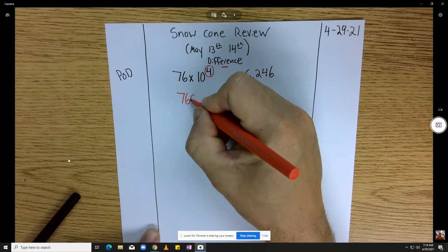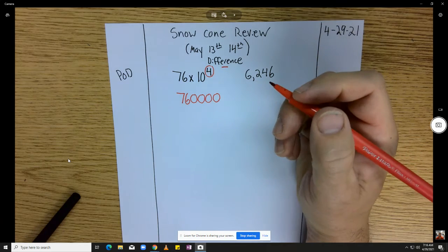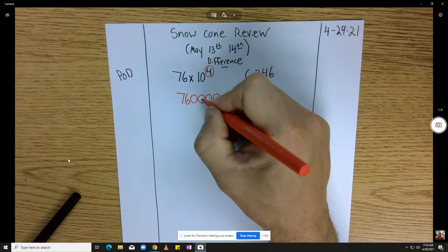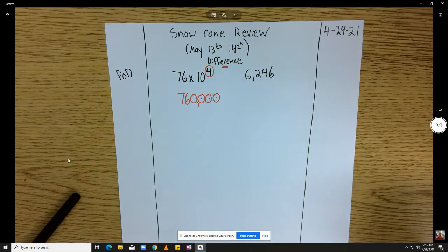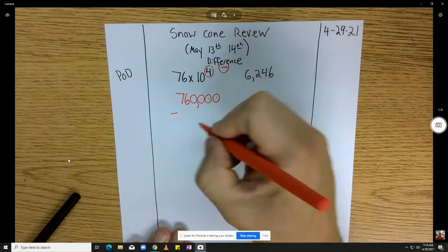Just add 4 zeros. 1, 2, 3, 4. And then remember, we put a comma every 3. So we always start on the right side. 1, 2, 3, comma. So we have 760,000. And it tells us what to do, subtract. So we're going to subtract. And then we subtract